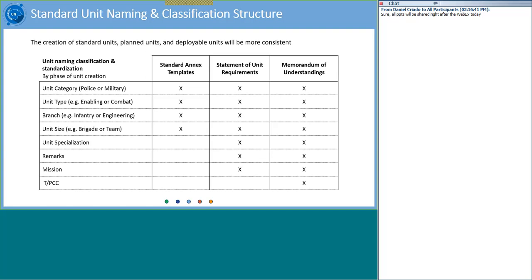So another functionality is standardization, and one point of standard is a standard unit naming and classification structure that has been implemented in UCMS, meaning that all the different categories for all the different units will be structured in the same way, either for police or for military. And it's quite easy and straightforward in the system. We will show that later. So the unit naming classification